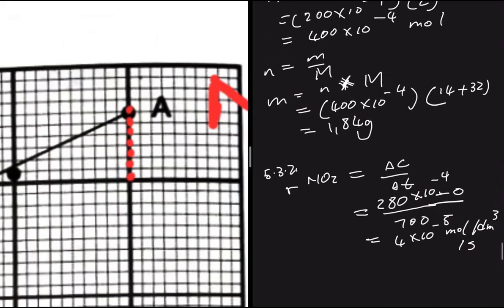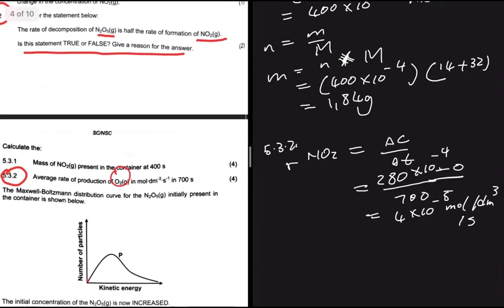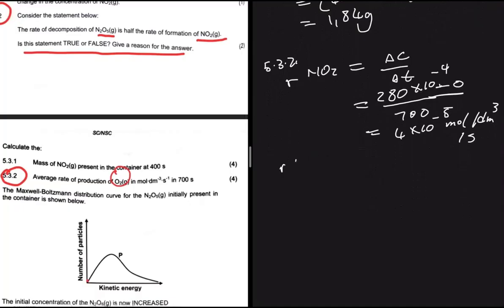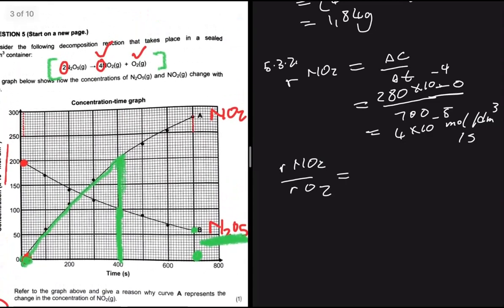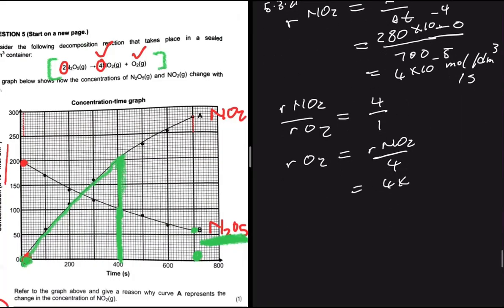So that is the rate of production of NO2. But what we're looking for is the average rate of production of O2. So we can say that the rate of NO2 divided by the rate of O2 is equal to the ratio of the balancing coefficients. So that will be 4 divided by 1. So the rate of O2 is equal to the rate of NO2 divided by 4. This will be equal to 4 times 10 to the minus 5 divided by 4. It should give us 1 times 10 to the minus 5 moles per decimeter cube per second. Right, so that is